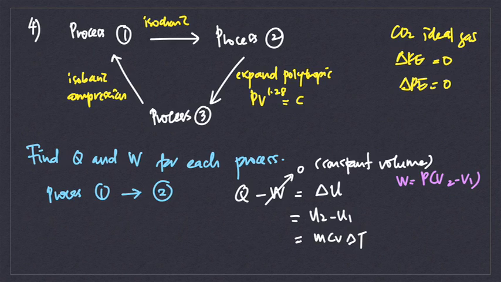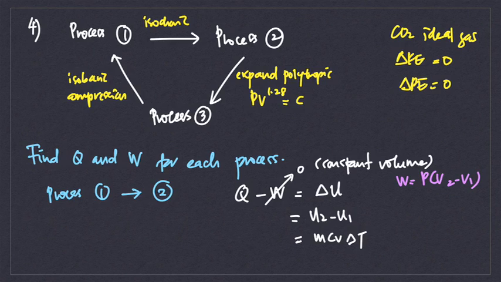Okay, from this slide you can see I put the cycle process from 1 to 3 and back to 1, and it is useful for us to clearly represent the whole process if we make the flow of the process from initial to final, so that we know what formula we need in order to answer the question.